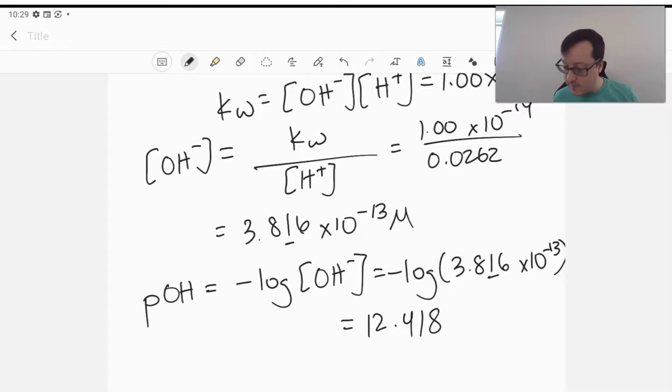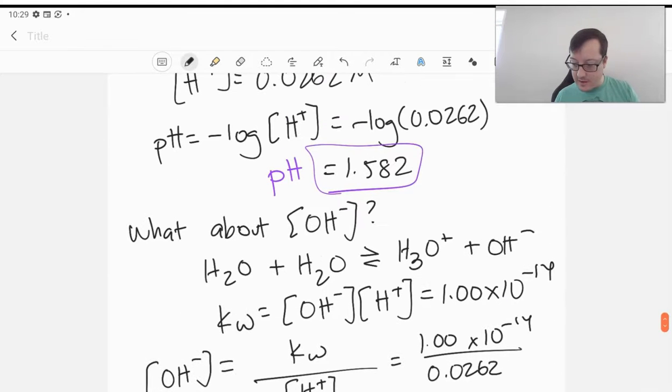12.418, we'll say. Again, 3 sig figs. Do not be bamboozled that 12.418 appears to have 5. It is a logarithm, so that number only has 3. Now, interestingly, if we see our